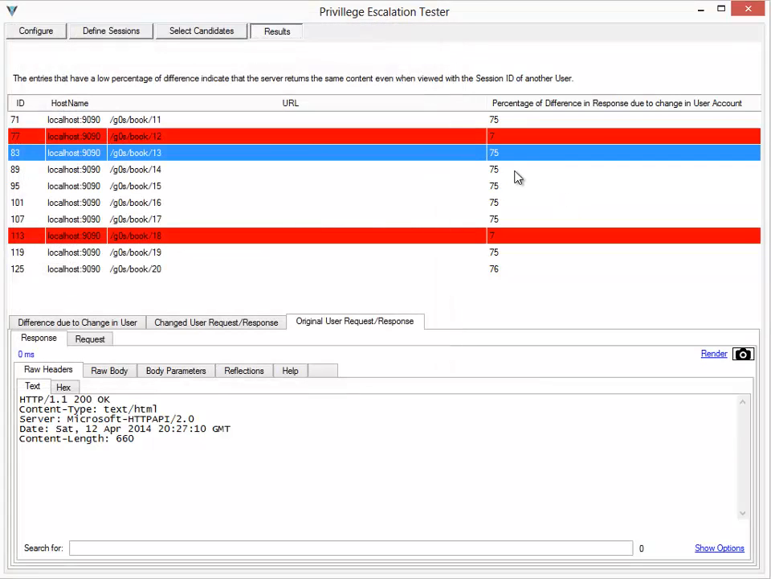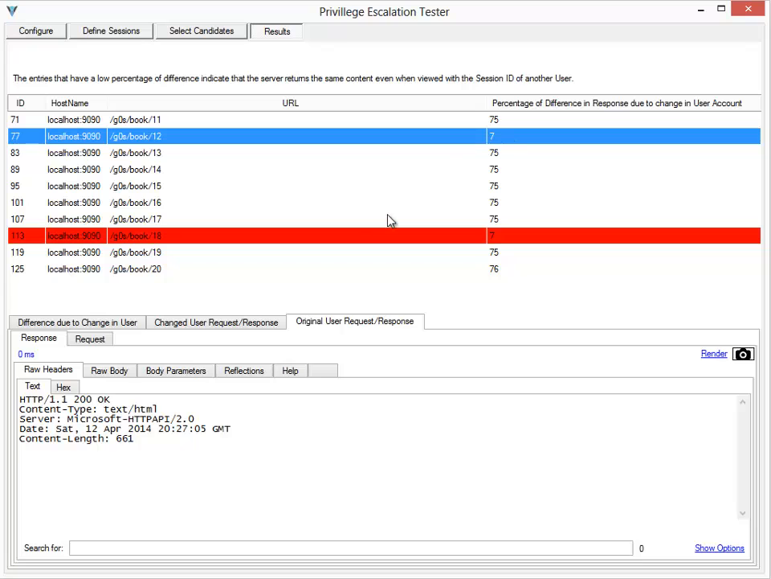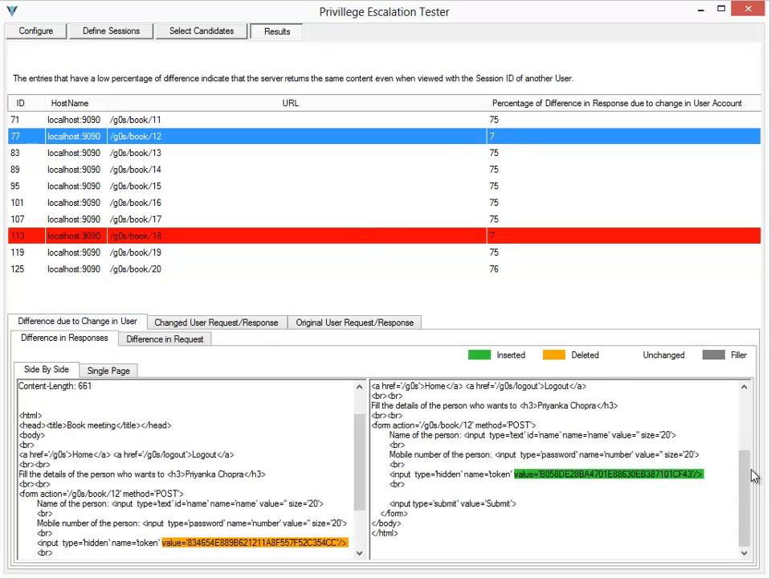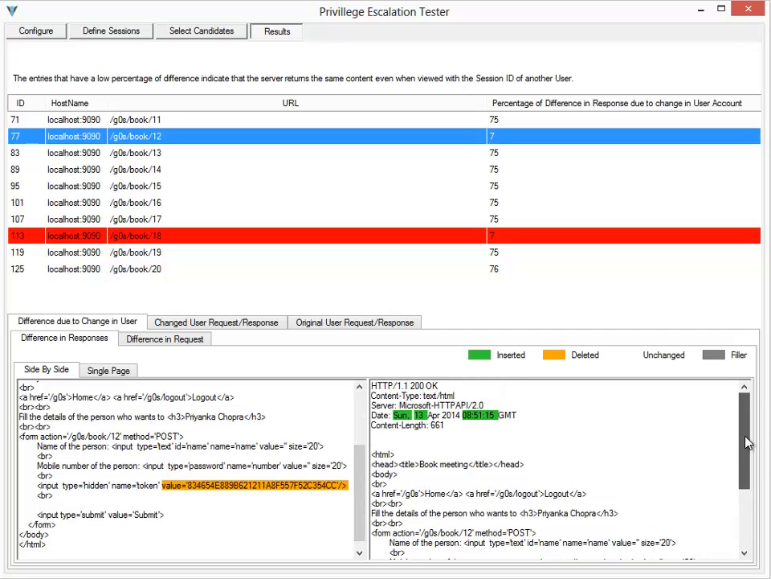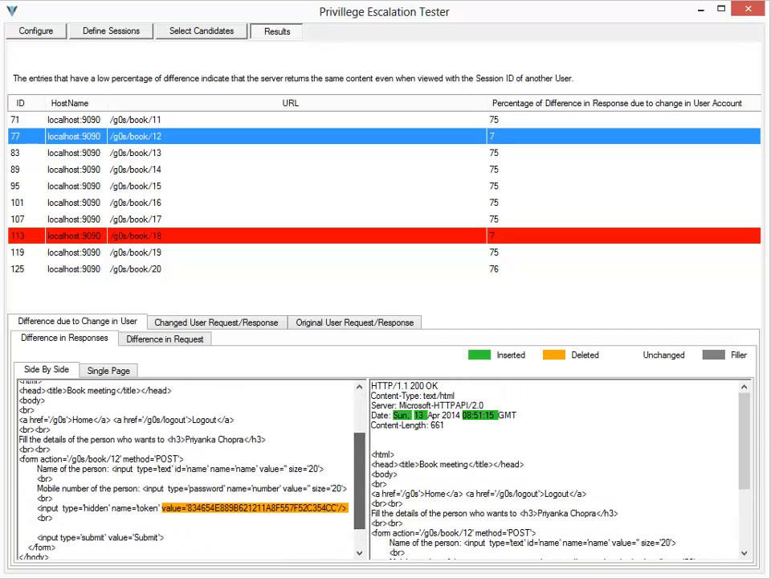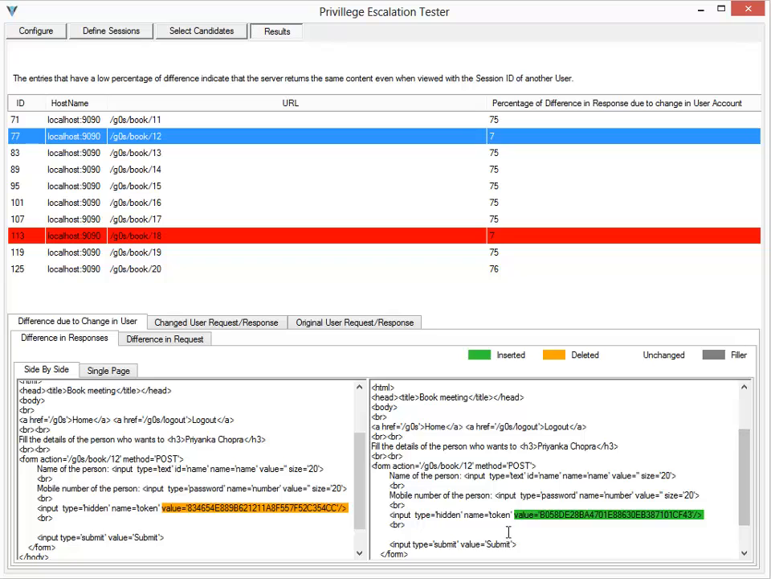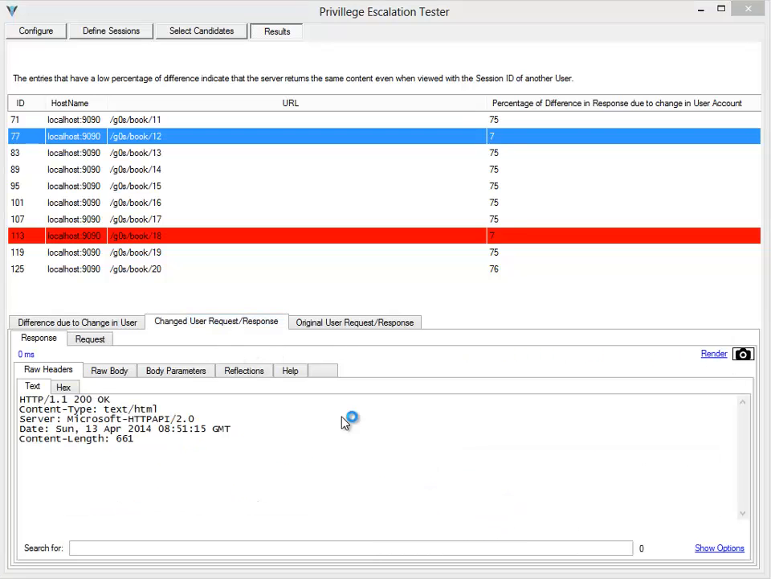But in two cases, the difference is only 7%, and these are highlighted in red. If you actually look at the difference here, you can see that the responses look almost similar. In fact, the only difference is the value of the CSRF token. So if we open these up in the browser,